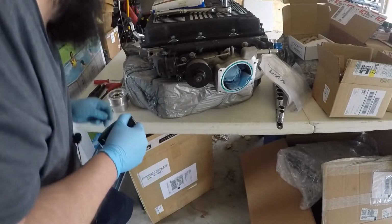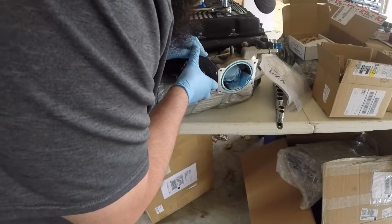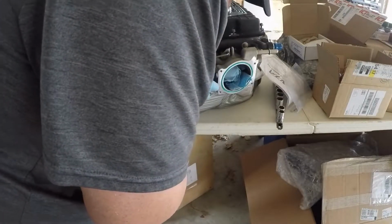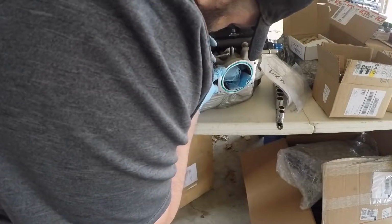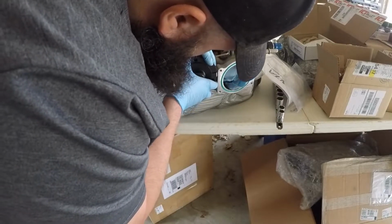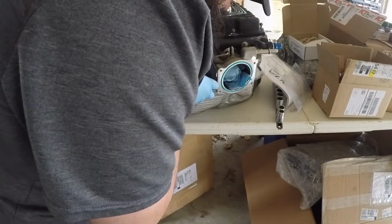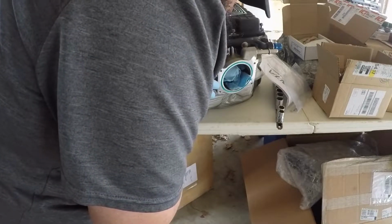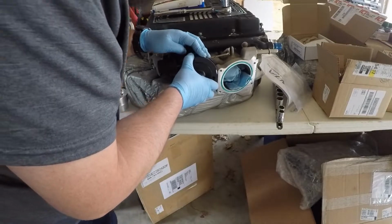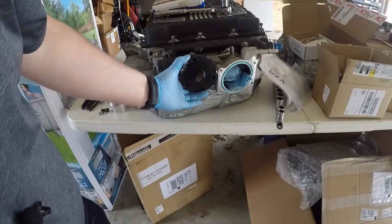Alright, let's see. That's good. Still think I should take off some over here. Oh, there we go. Okay. And that gives us a good amount of room to rotate here. There's just a little bit more on this top side that I could probably take off, but